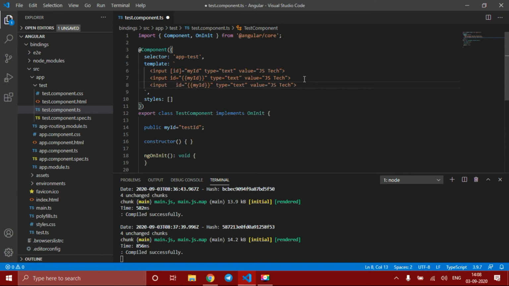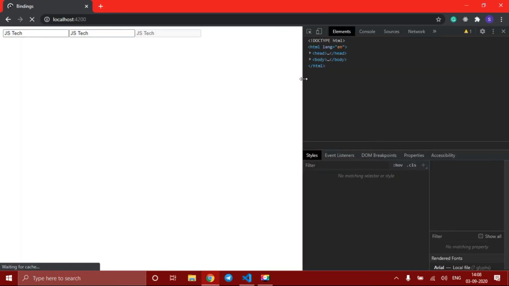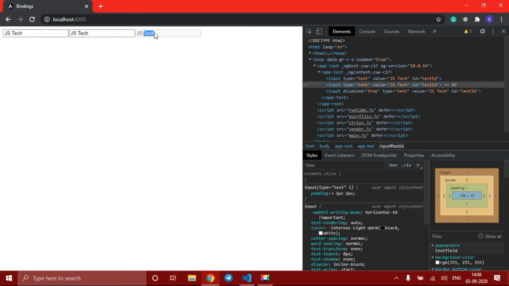For input there is an attribute called disabled. So let me type it, disabled. First know the value of disabled. The default value for disabled is true, which means it's a boolean value. Disabled will be true, like this, disabled equal to true. This is the default value. Let me just save this. You can see that my third element is not changeable, means if I click on this we can't change anything, this input element is disabled. So you can check that disabled equal to true, id equal to test id, since we interpolated it.